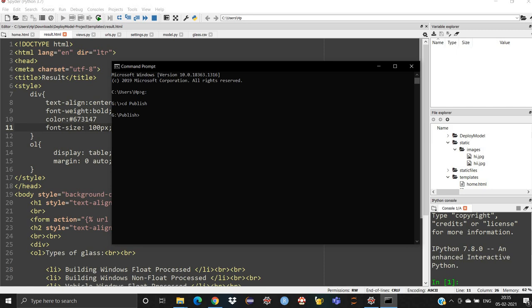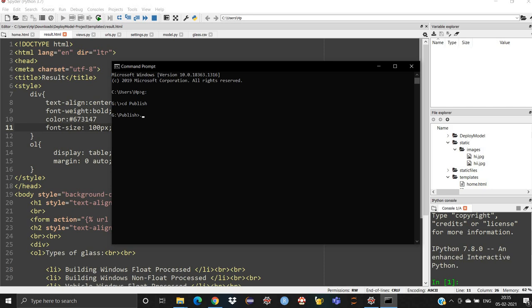A virtual environment is a kind of shield which will protect your project. For example, if your project resides inside a virtual environment, and you download certain libraries inside your project, like Django libraries or anything, it will not affect the projects or files which are outside your virtual environment. So this is the main advantage of having a virtual environment.